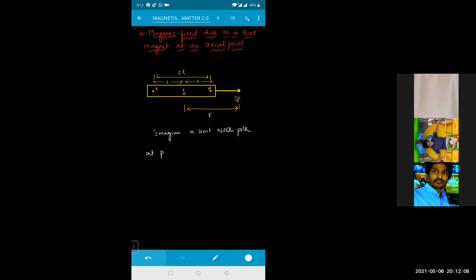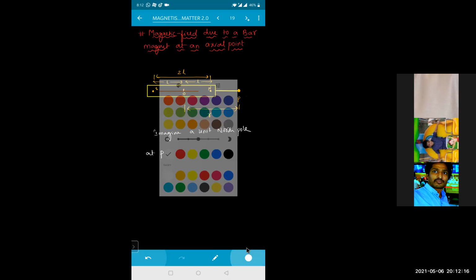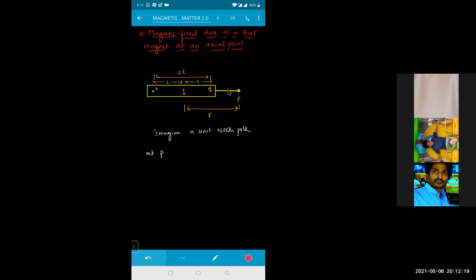Unit north pole ante north pole యొక్క magnitude ఎంత, 1. Now due to the north pole there will be what? Repulsion, sir. North and north వల్ల repulsion. So repulsion direction అంటే this is the force due to the north pole direction రాసుకోవచ్చు. Now what will be the distance from here to here, beta? ఈ పాయింట్ నుంచి ఈ పాయింట్ వరకు distance ఎంత అవుతుంది? ఇక్కడ నుంచి ఇక్కడ వరకు R, ఇక్కడ నుంచి ఇక్కడ వరకు L. So this distance will become R minus L.